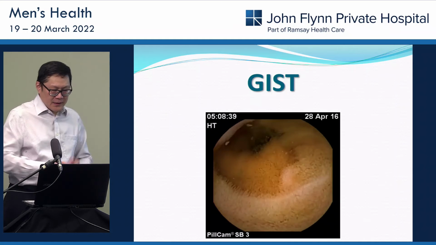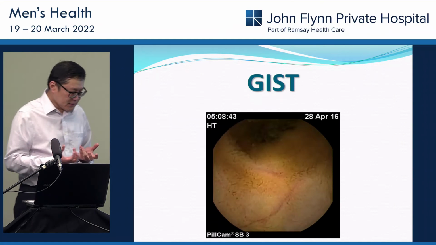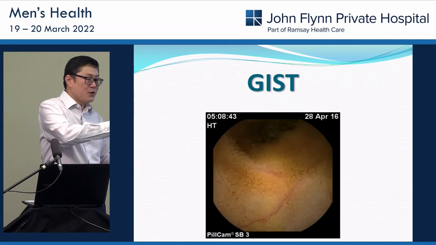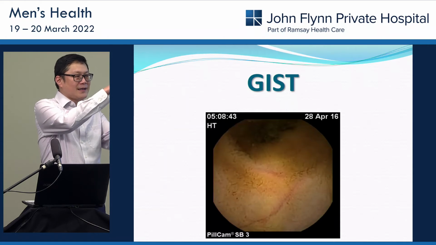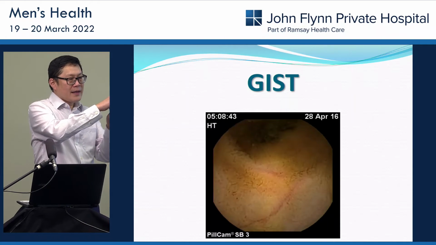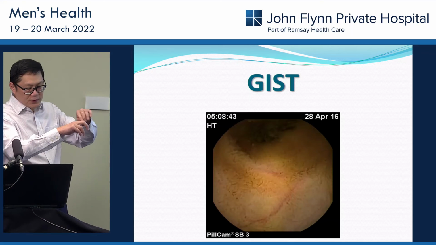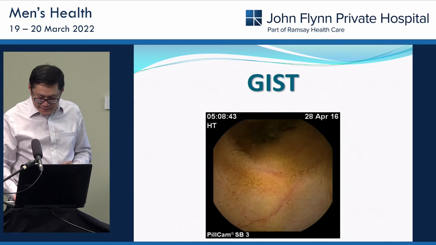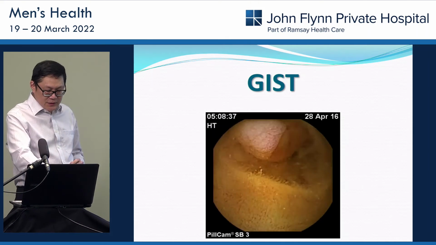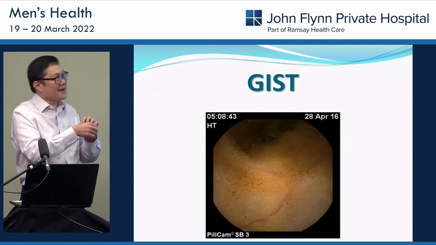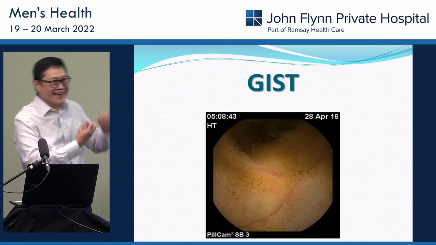Wow. Okay, so the classical appearance of a GIST is that it's a neuroendocrine tumor. It grows from the submucosal layers, so it pushes up the lining of the small bowel, and because it's malignant, eventually it likes to erode through the top of the tumor, creating an ulcer, like icing on top of a round cake.